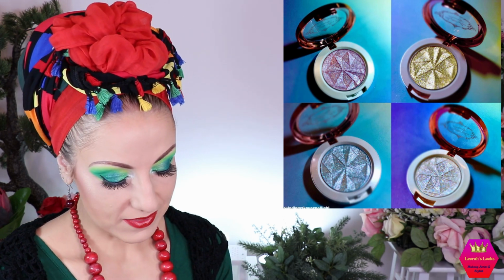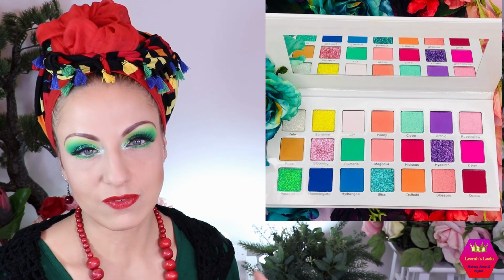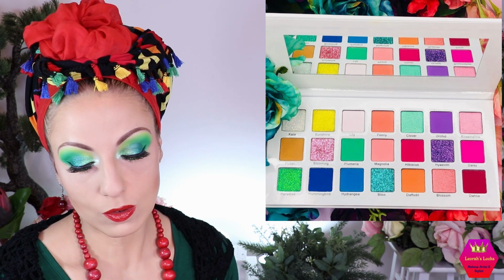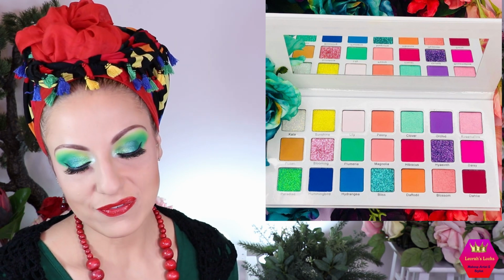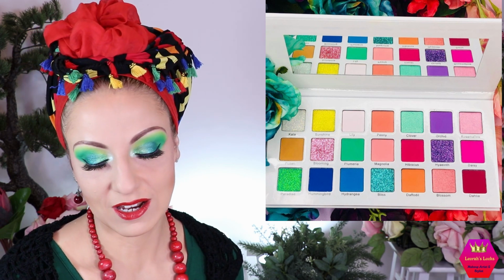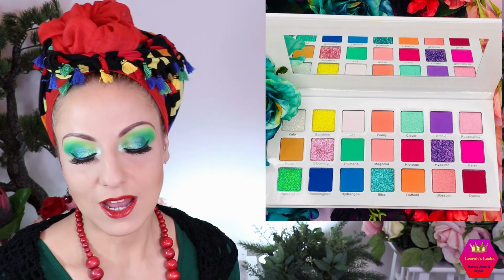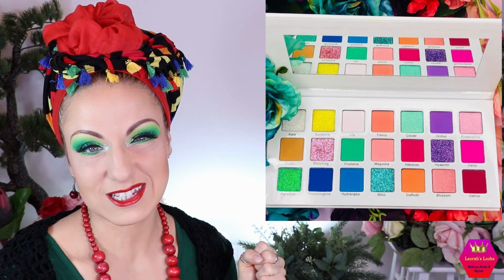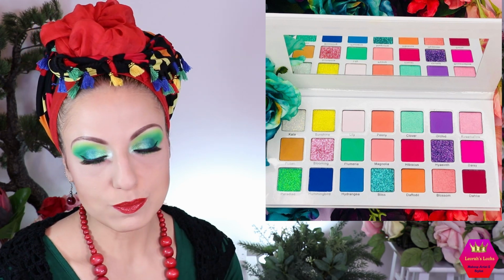All right, next thing is from Midas Cosmetics, and this is the Flower Bomb palette. It looks like this. So it is overall, of course, a very pastel-y palette all over. I do not like that there are pressed glitters in it. If that would be shimmers, I think it would be pretty perfect as a light spring, summer palette. I would really love this, but with the pressed glitters,